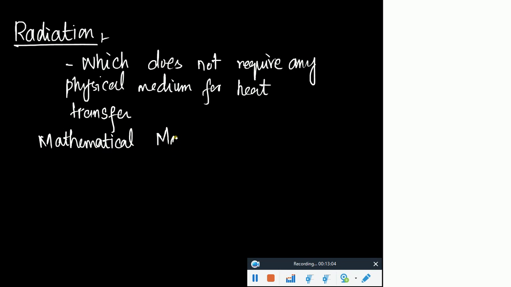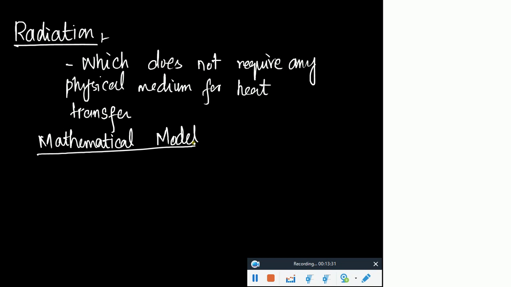I would use the word mathematical model. It means mathematical description. So when convection or conduction is taking place, radiation would also be taking place simultaneously. Yes, exactly. Sometimes we just need to decide which phenomenon is more dominant and which is less dominant. But radiation will be there. And just to reduce the mathematical complexity, we can disregard a few.